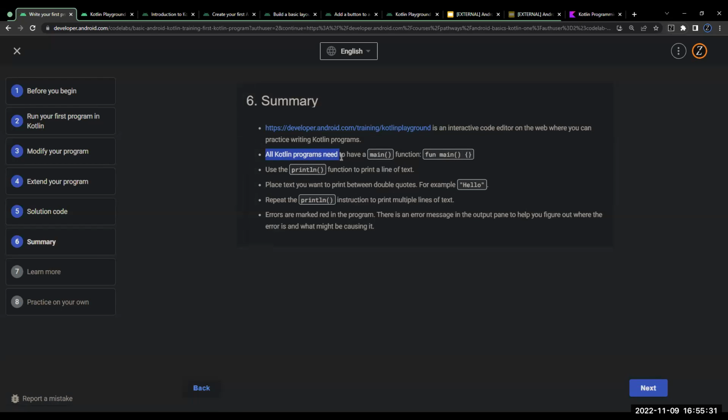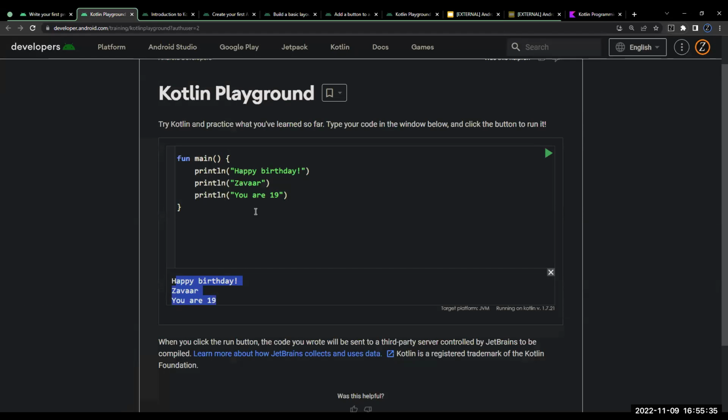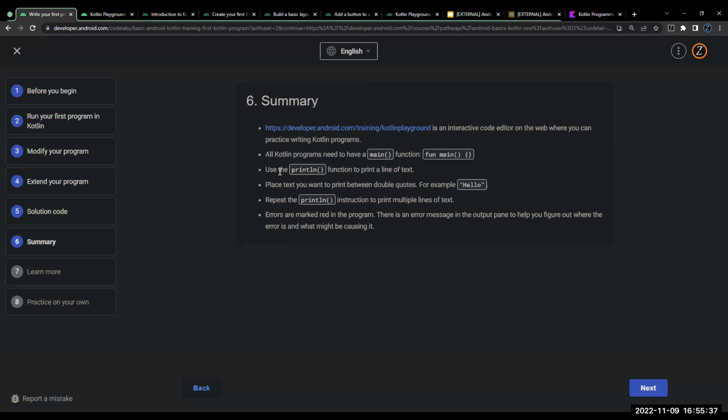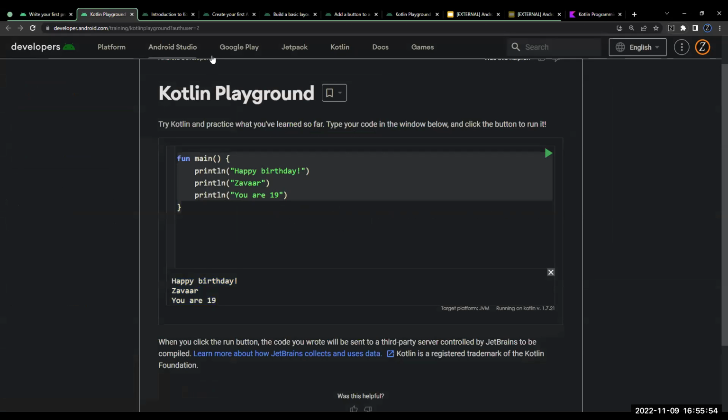So all Kotlin programs need to have a main function, because remember, when we did something without a main function, it gave us that error. If you want to print a line, the println function prints a line of text. You want to make sure you place what you want to print between double quotes, because that's how you're telling the compiler, or whatever evaluates your code,